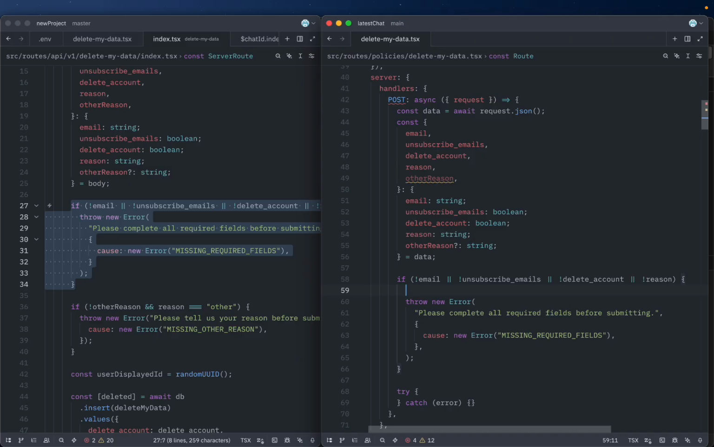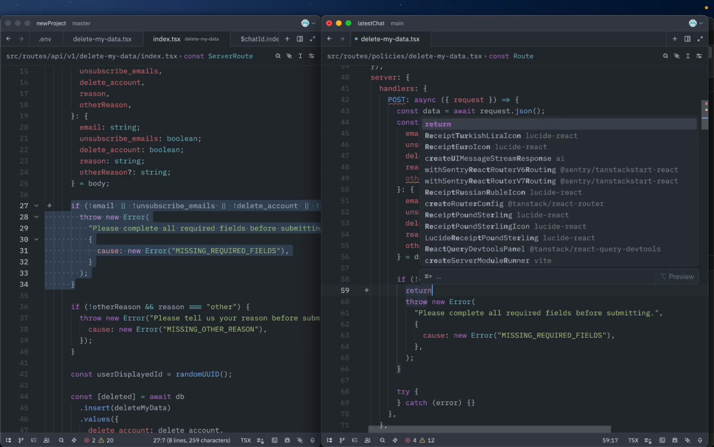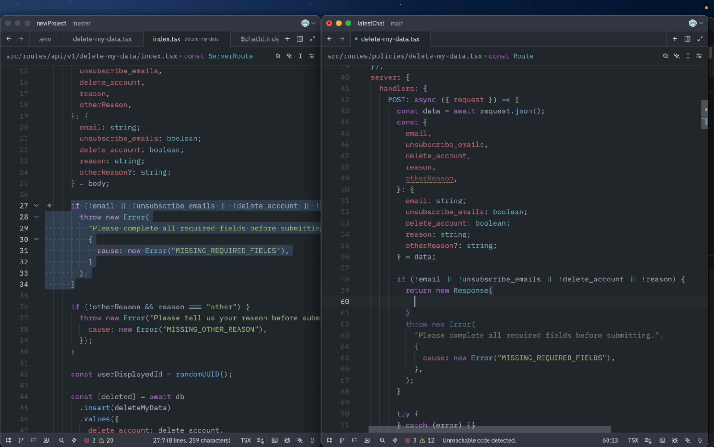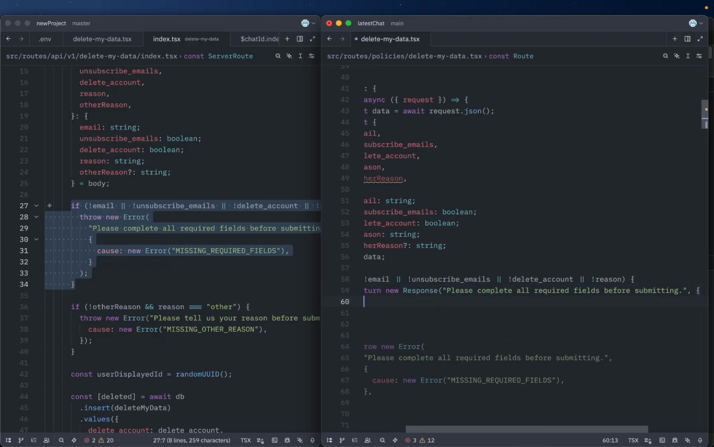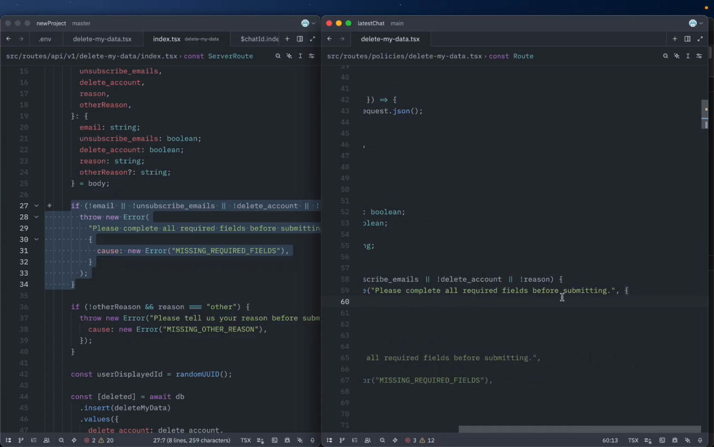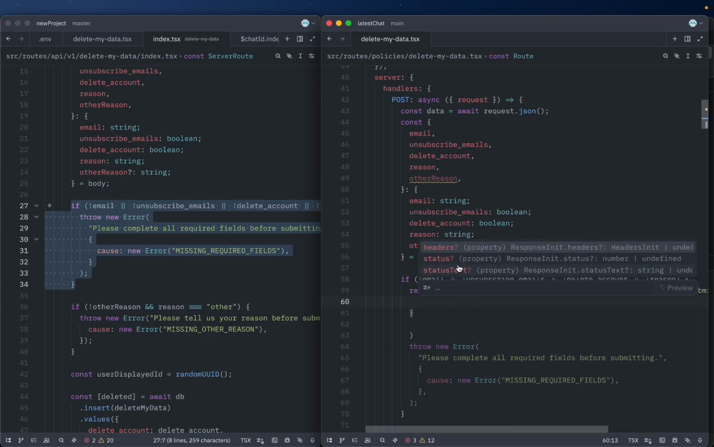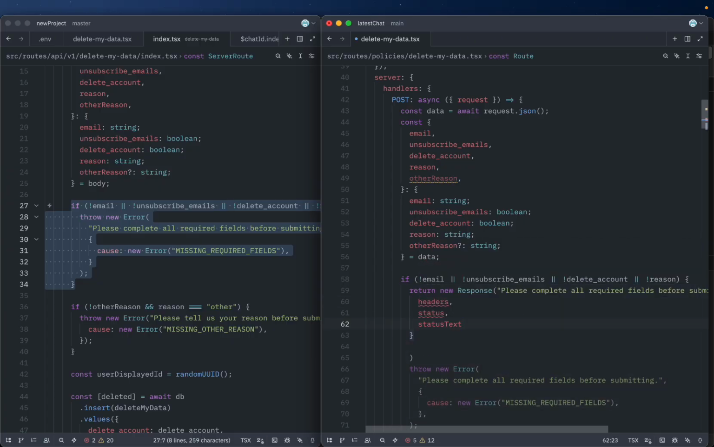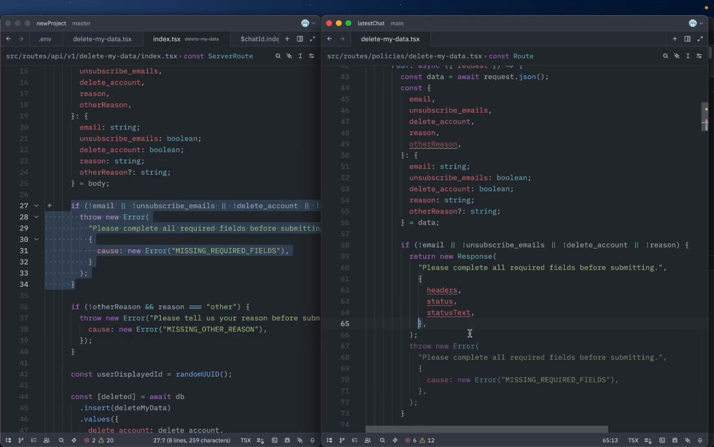So what we want to do is, if none of these things are given, we do not want to throw an error, because this is our API handler. What we're going to do is return a new response. Here's our response message. And then inside here, we should have the headers object, the headers that we can set, the status, and the status text. So if the values are wrong,